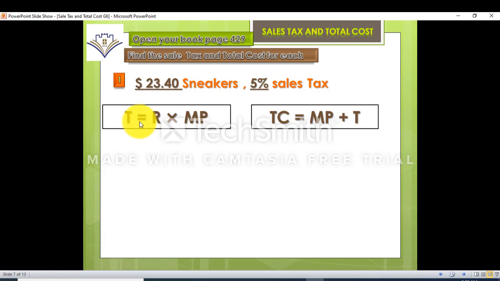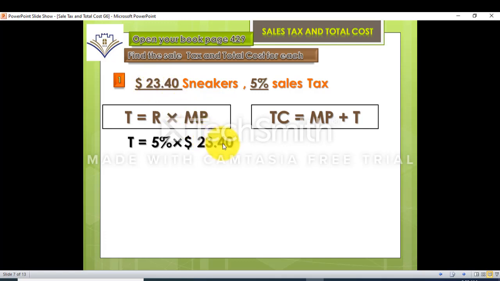Then we have two rules as before. T equals R multiplied by MP. I need to get firstly the sales tax. T equals R, which means 5%, multiplied by MP, the market price,